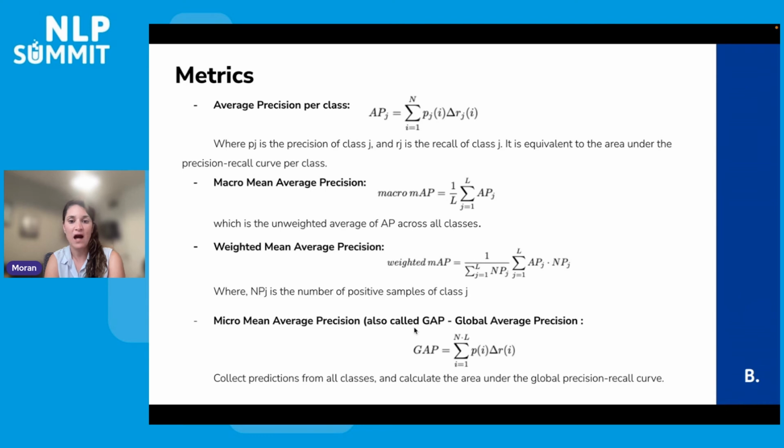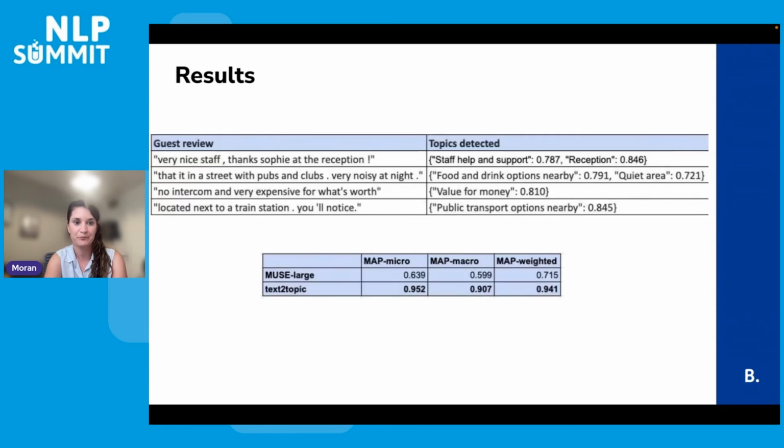And we have the GAP, the global average precision, which is actually to take all of the topics together and to do a global precision recall curve for all the topics together. We are treating it in the same curve. And the GAP is the area under the curve of this global precision recall curve.